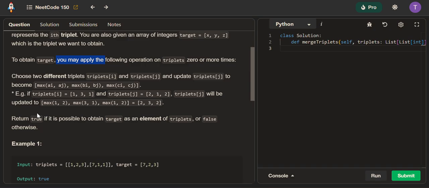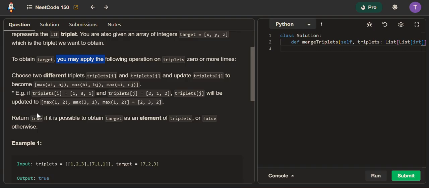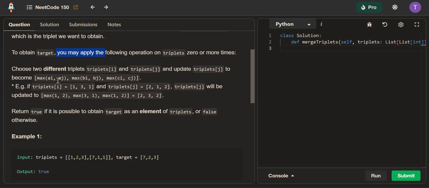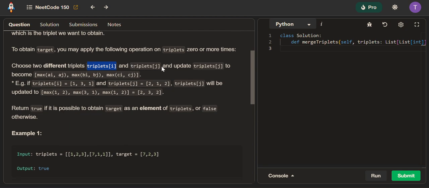So what we can do is pick more than one triplet to form the target, but in this case, we will basically have to take all 3 and take the maximum value at each index of each of these triplets. So if I take the triplets i and the triplets j,